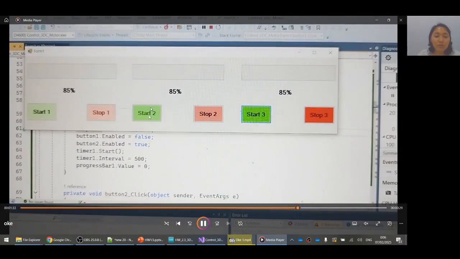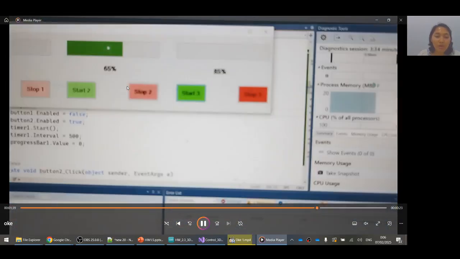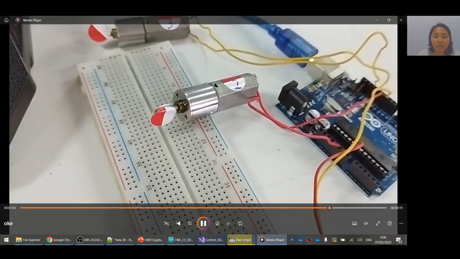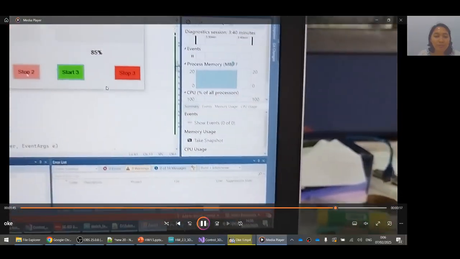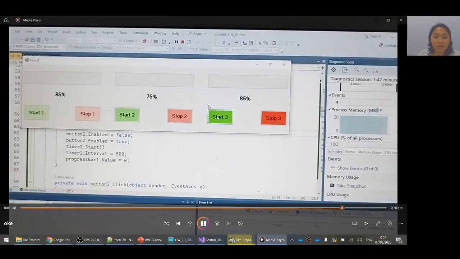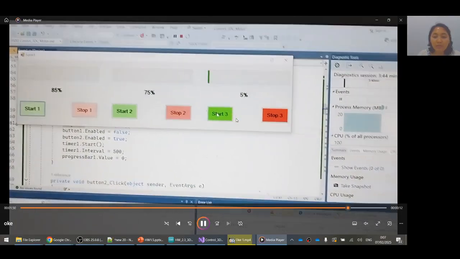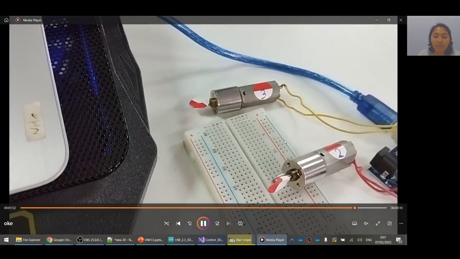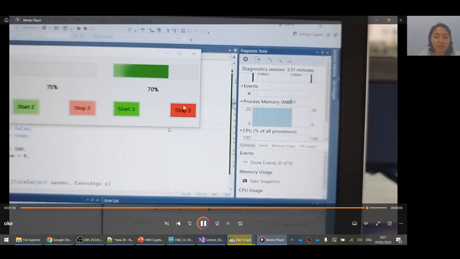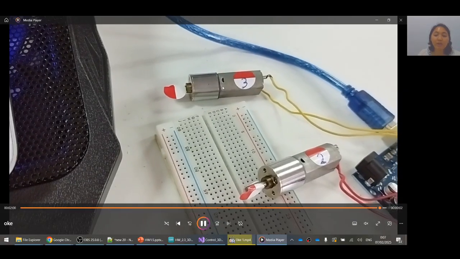DC motor 2 start, progress start, level is on, DC motor rotates, and stop, the DC motor stops. Start button 3, progress and level on, DC motor also rotates, and then stop button 3, DC motor 3 is stop.